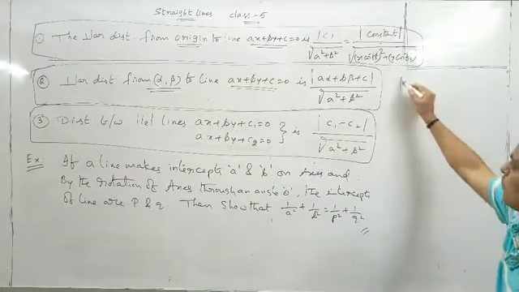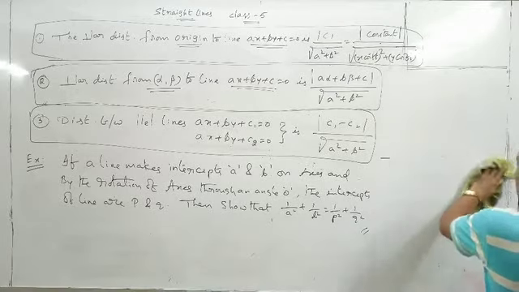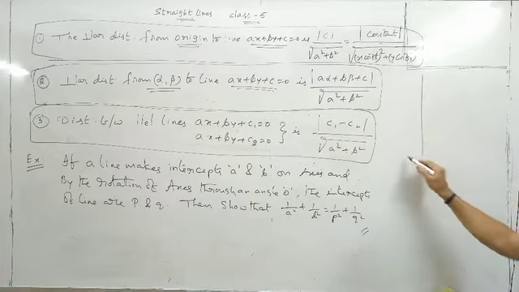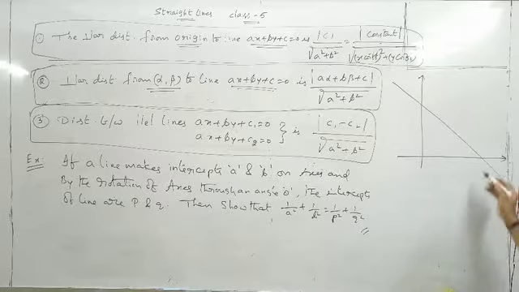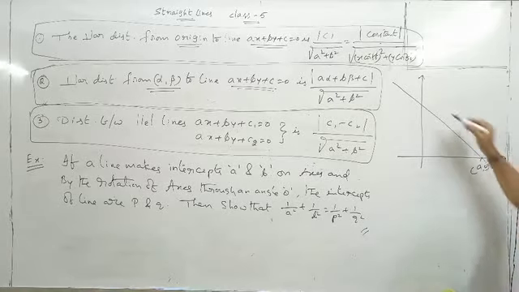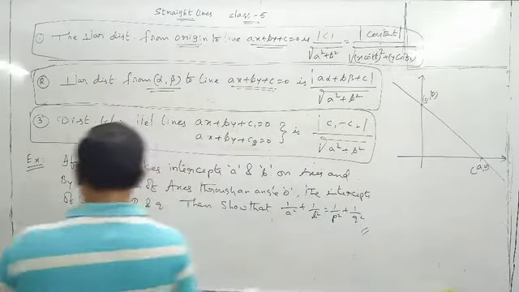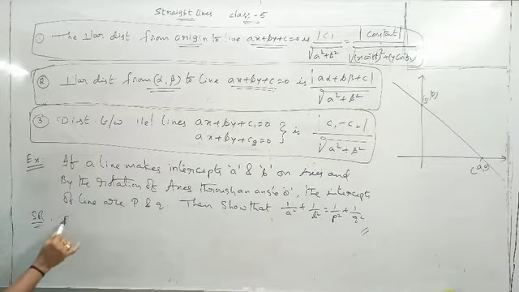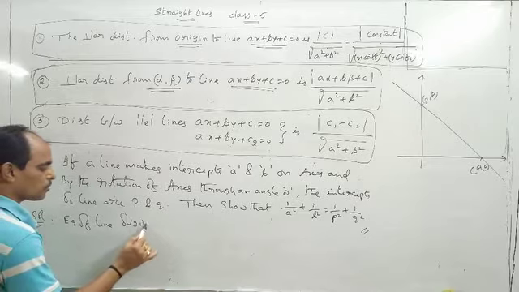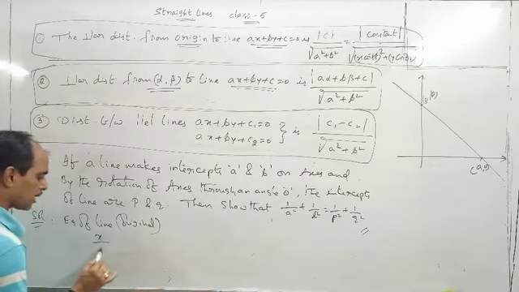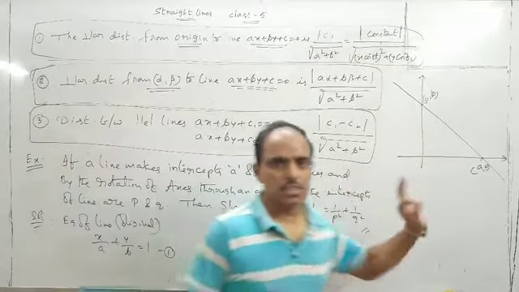You see, there is a line. This is the axis. There is a line like this. It makes intercepts A, this is A comma 0, and this one is 0 comma B. Generally, what about the equation of the line? The equation of the line: x by A plus y by B is equal to 1. Let it be one equation. Okay? This is the original equation.